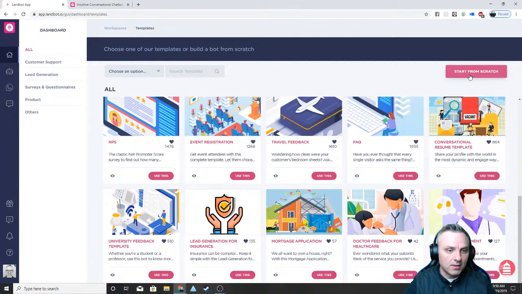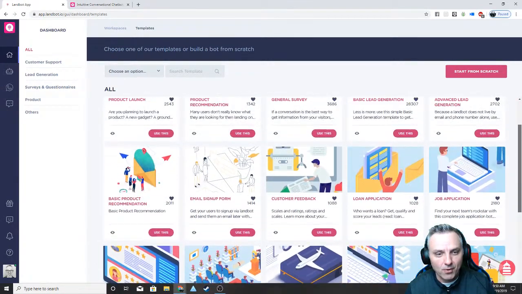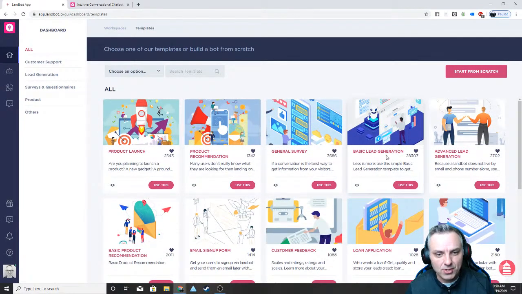So I can start from scratch. I don't even have to use any of these templates, but you know what I may do? I may go up to the basic lead generation, because if you think about it, right down to the nutshell of what people want to do, it is gathering email addresses. They want to gather phone numbers. They want to know who you are. They want to know your interest. This all ties into artificial intelligence. So with that being said, I'm going to go ahead and pick the basic lead generation